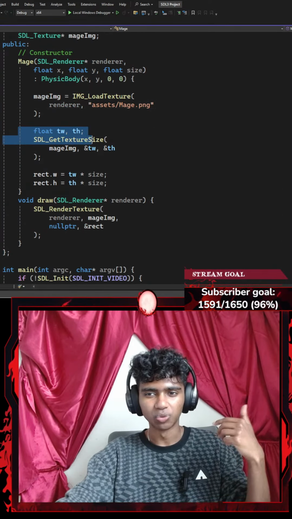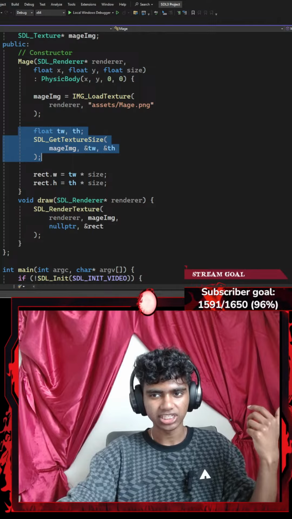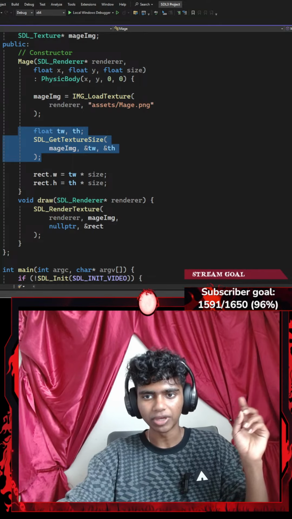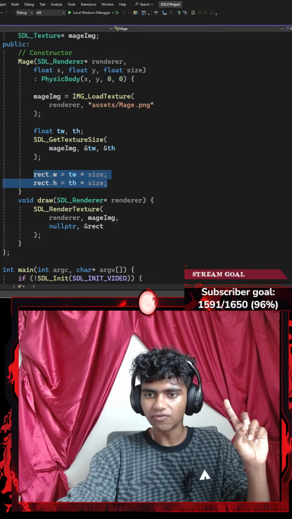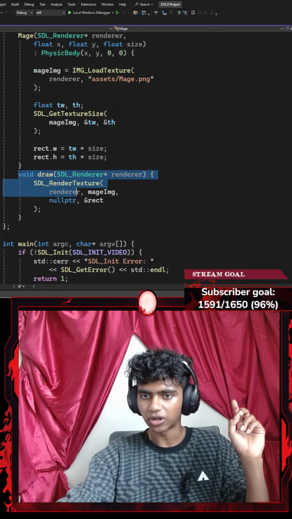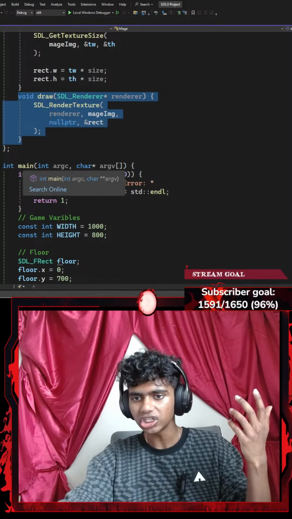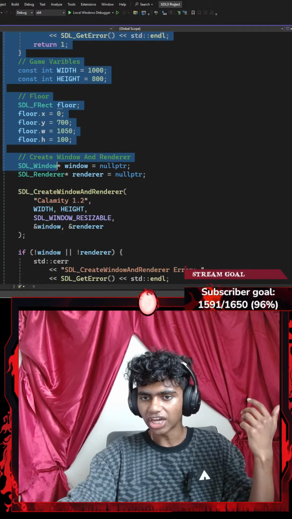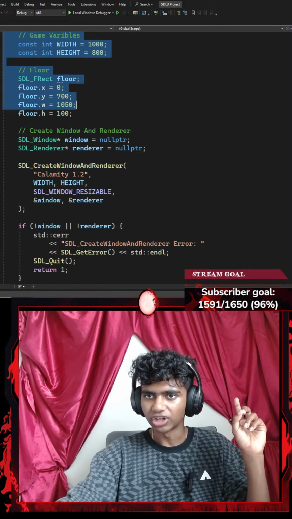Then I got the actual width and height of my PNG. I got its texture, and then I set the width and height of my PNG so it scaled perfectly. Then I went with a draw method. I drew my PNG. And then I went with the regular casual old main function where I created my game